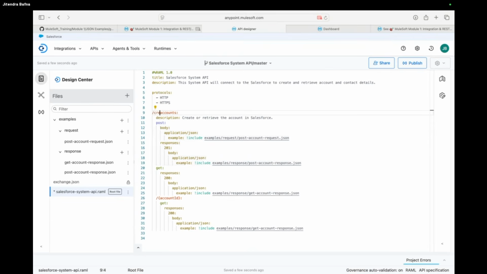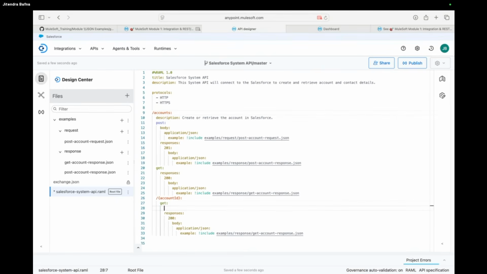You don't use something like create account. It is not a good practice. You always use nouns, and the method should tell what kind of action will be performed by this particular resource. Now, if I say /account/account ID, here it is saying I want to retrieve a single account having this ID.